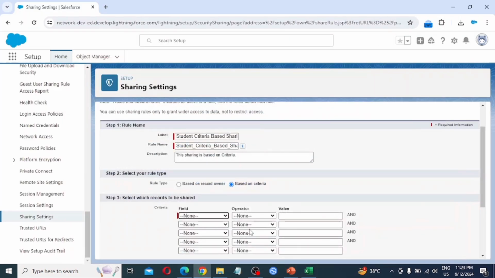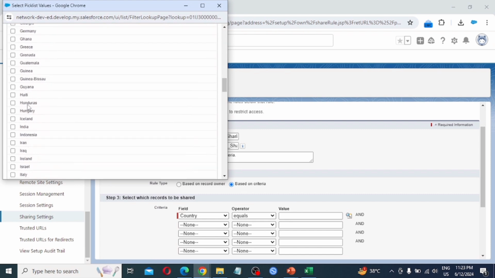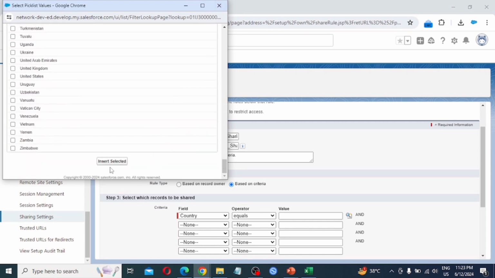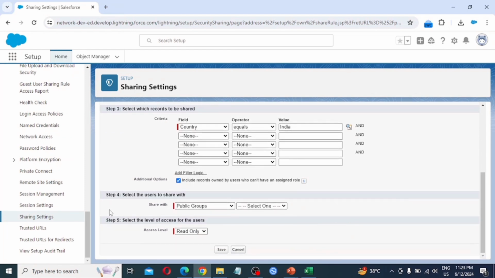So we have to share the record whose country is India. So select the country equals to India. That is all the records I need to share with the user A account. So step 4, select the user to